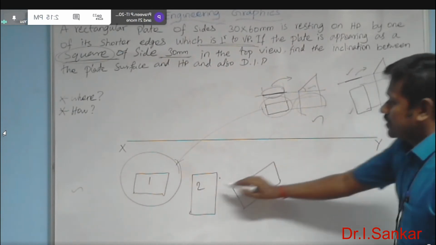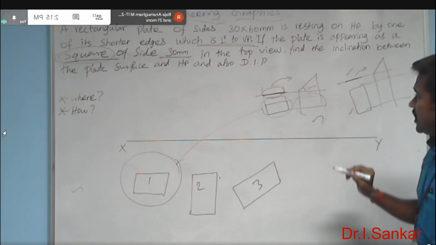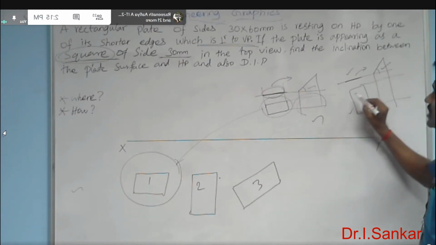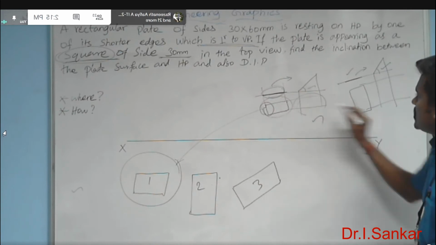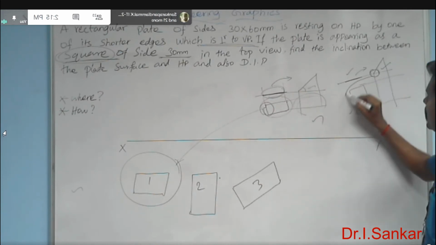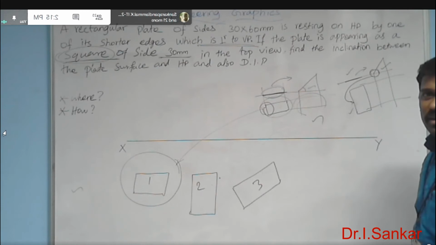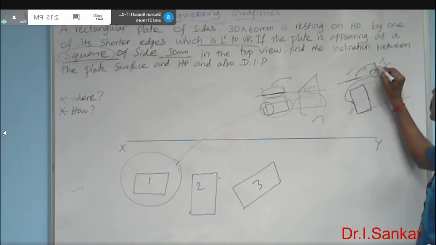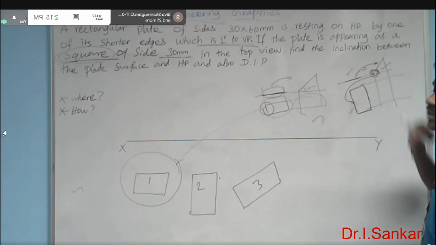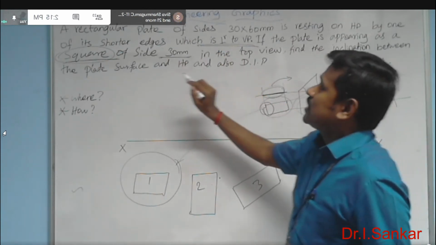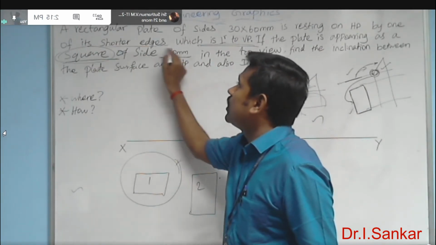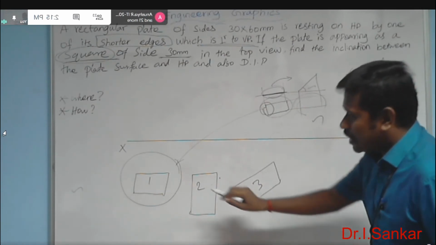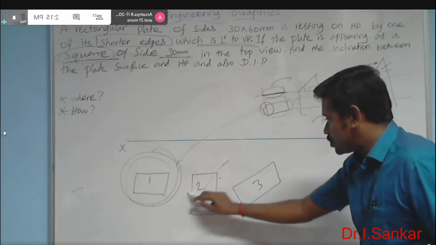So if you select the second choice instead of the first choice, after tilting it with the required included angle, instead of resting with the shorter edge, now you can see here the longer edge is resting on the horizontal plane. If you set it at the beginning in that way, after tilting it, definitely the long edge will be resting on the HP. But in the question you are instructed to rest the plate with one of its shorter edges. So if you want to rest it with one of the shorter edges, then you have to go for this choice, not these two choices.